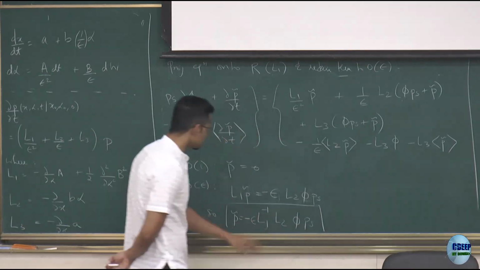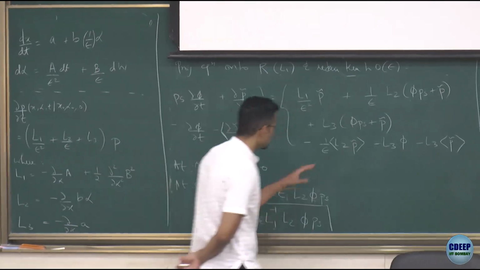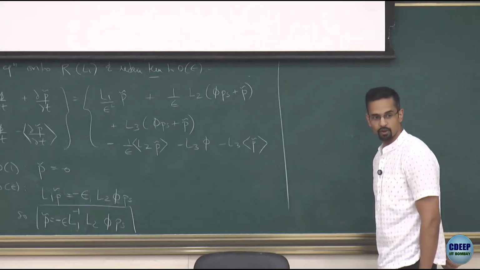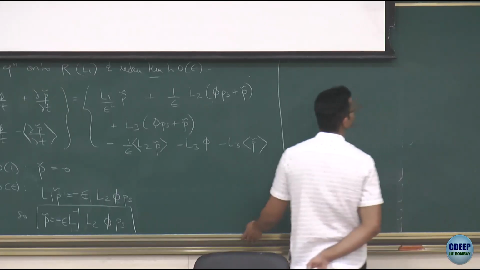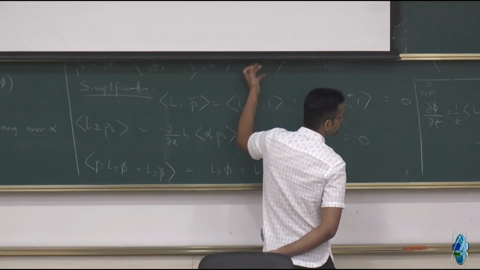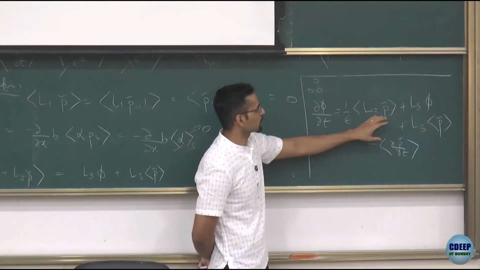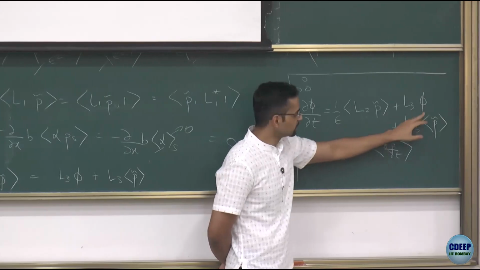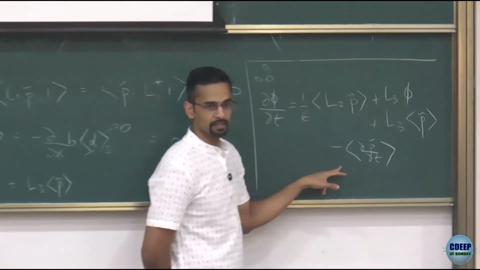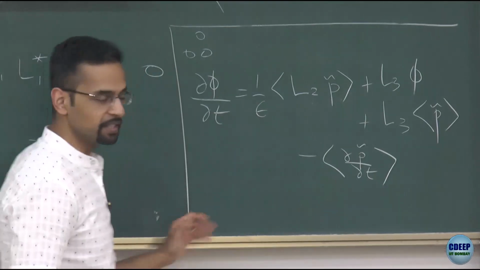So formally now I have solved for P tilde. That's the calculation of the correction to the center manifold. And I can now substitute it in my equation for phi, again retaining only terms to order epsilon. Now keep in mind that P tilde is epsilon something, so then what I said here will become obvious. When I replace P tilde, I get epsilon out. This will become an order 1 term. This is anyway order 1. These terms will be epsilon odd. I want only the leading expression, so I'll retain in this equation terms to order 1. I'm going to drop out the epsilon terms.